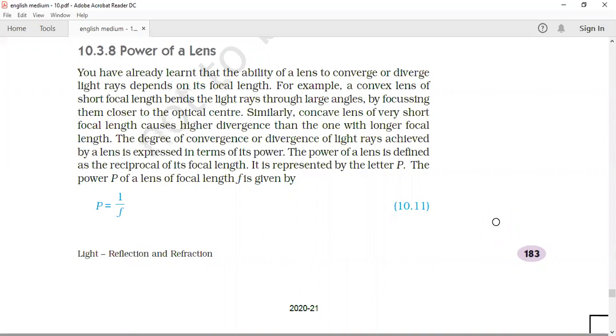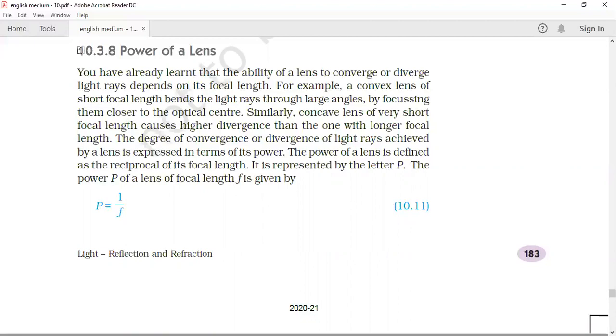This chapter is also very important in class 11 and 12 science, and for the exam. Whenever you see the number of questions, more of them come from this chapter. One question comes in section D, one in section B, meaning 2 marks, and 1-mark questions also come. So this chapter contains a total of 7 or 8 marks. Today we will show the last topic, and after that we will show 1 or 2 numericals from this chapter.